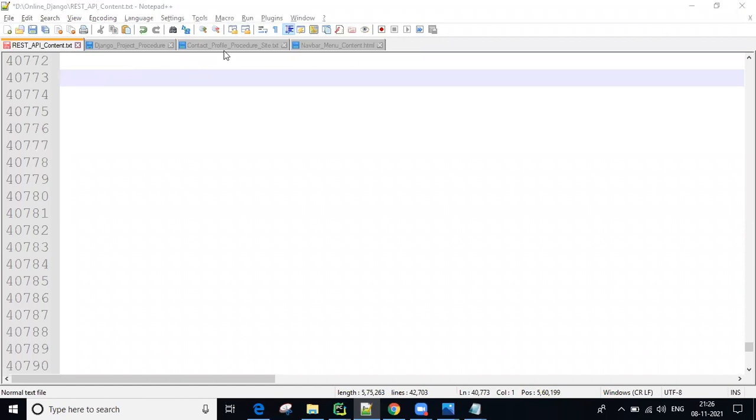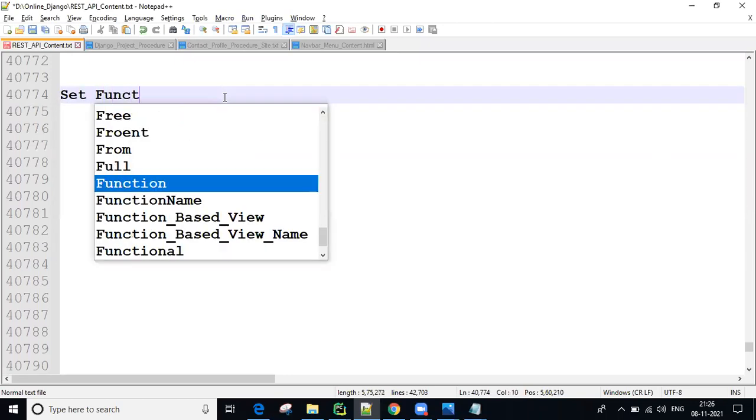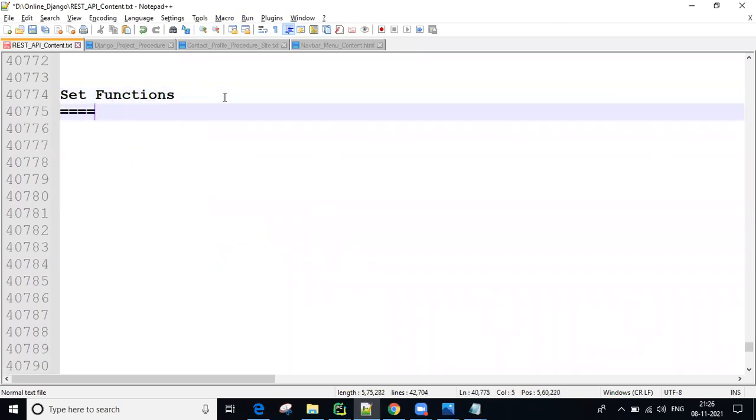I think set functions, right? Yes, set functions. So what are the different set functions? Give a reply, all of you.